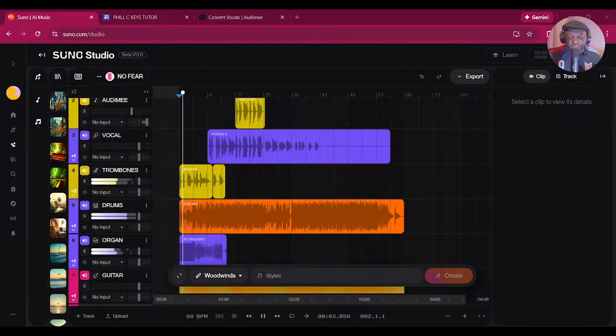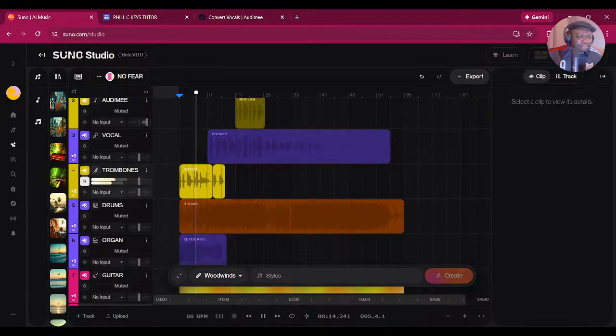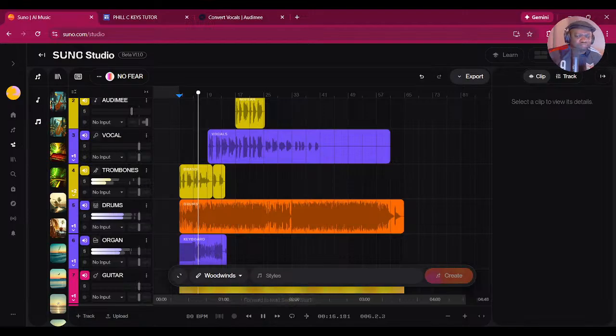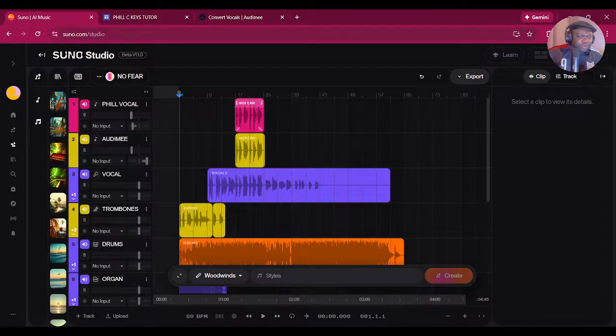So there's definitely something up with my audio, or something up with Studio.